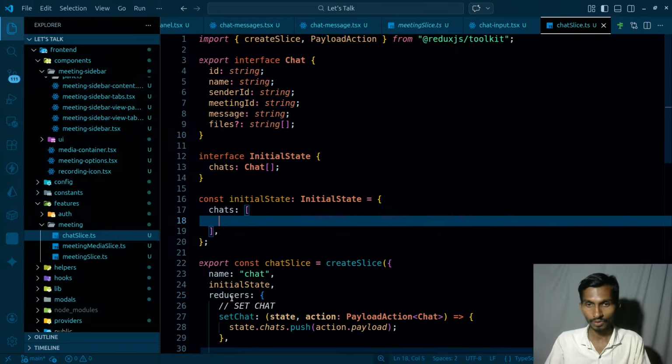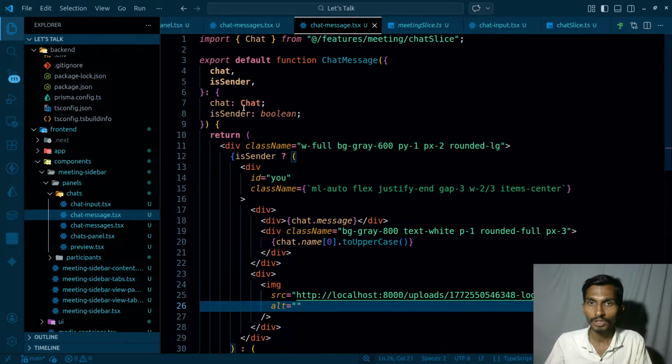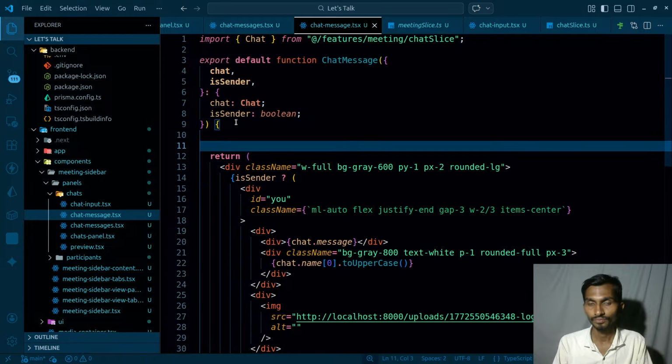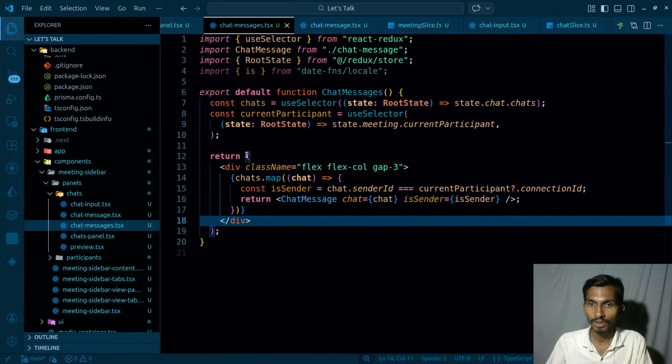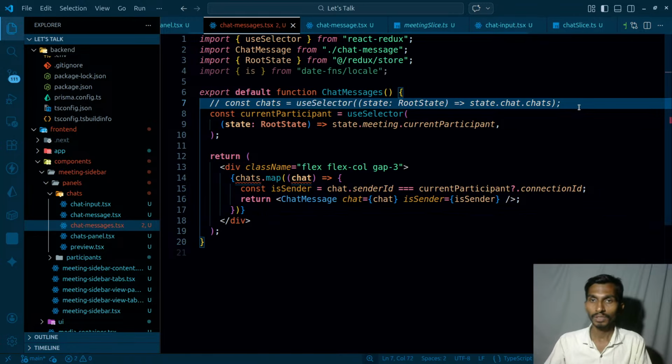Instead of having this data over here, I'm going to go to this chat section, chat message, and inside this chat message I'm getting this chat over here. Probably I should be going to the chat messages, and this is the chat section that I have. I'm already getting it from here. So instead of getting it from there,